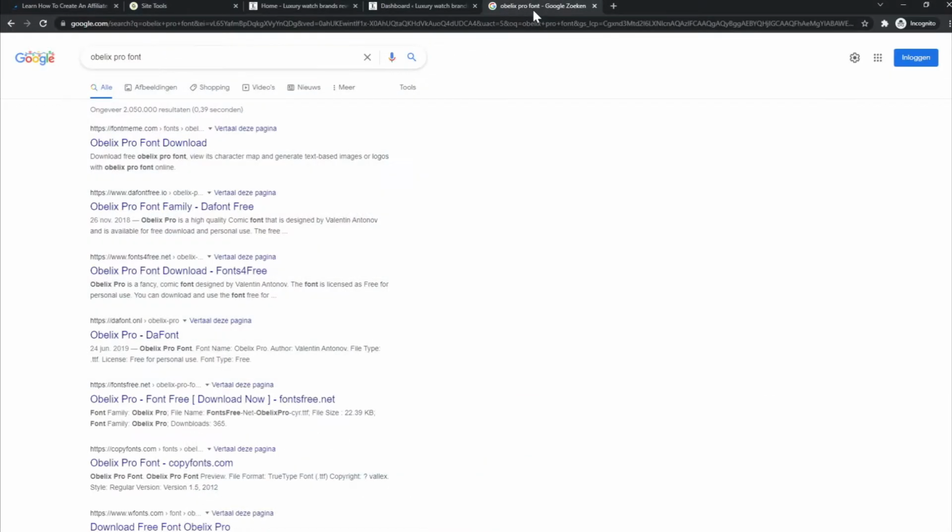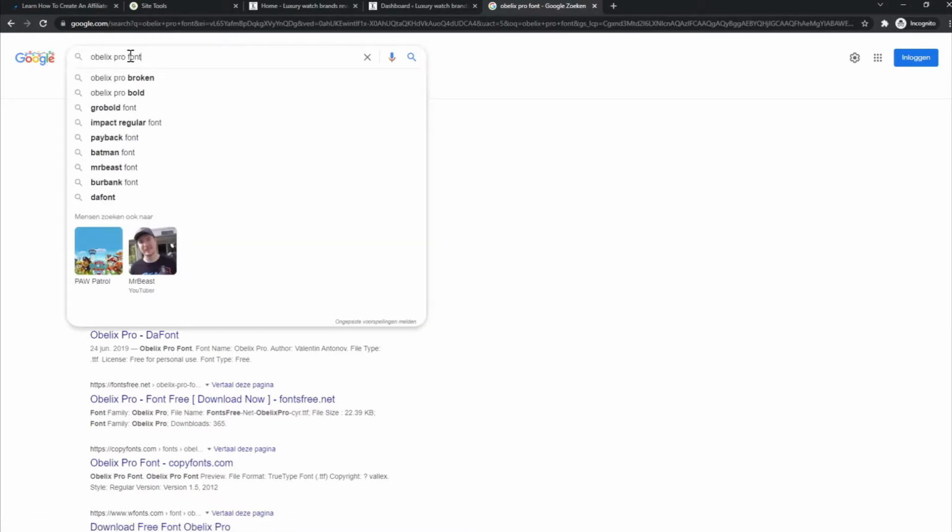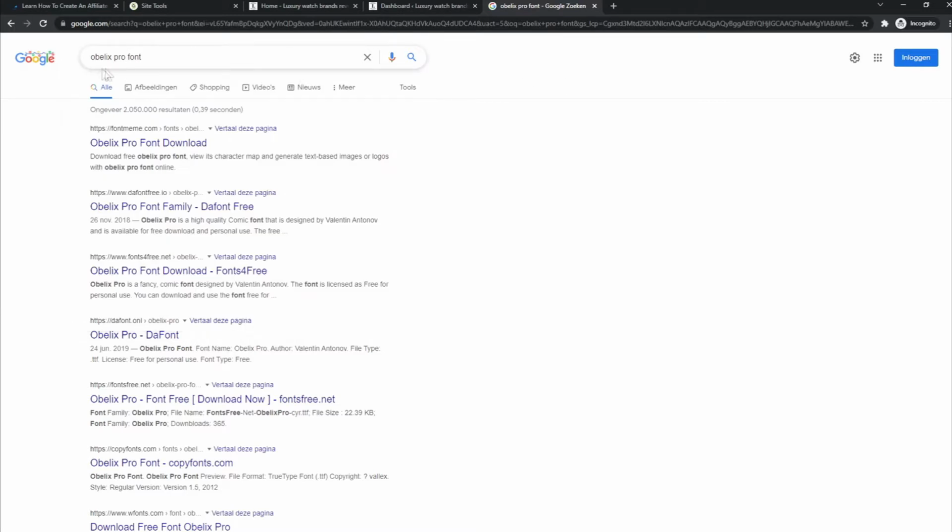First thing you have to do is download a font, and therefore you can just fill in the font that you want to download. In this case I want to give an example with the Obelix Pro font. It's a very popular font. It's the one that Mr. Beast also uses in his videos. He is one of the largest YouTubers out there. He has a lot of subscribers, and if you know which font you want to download, you